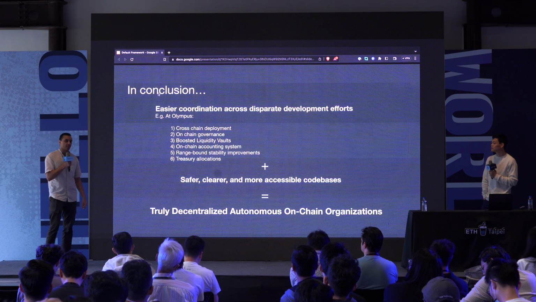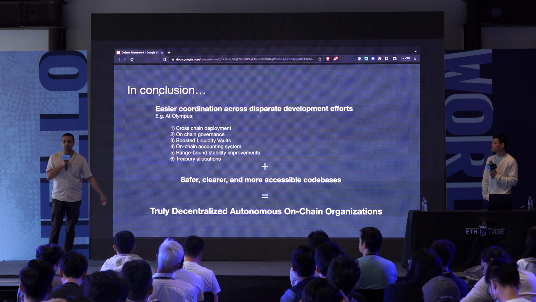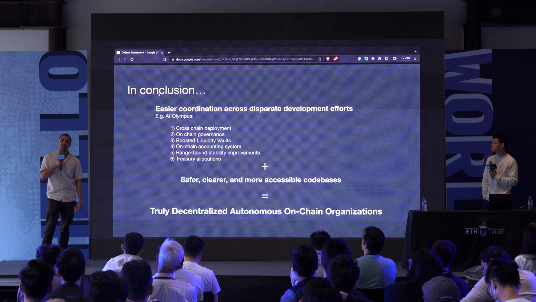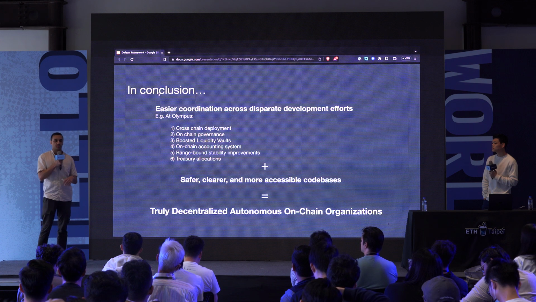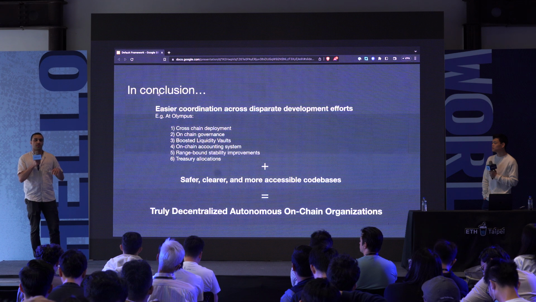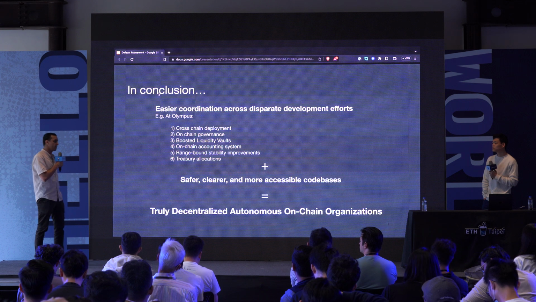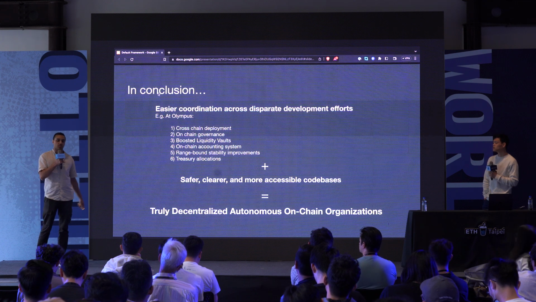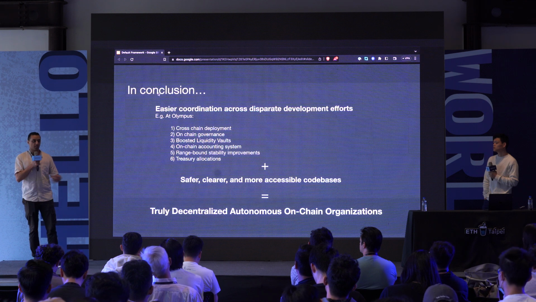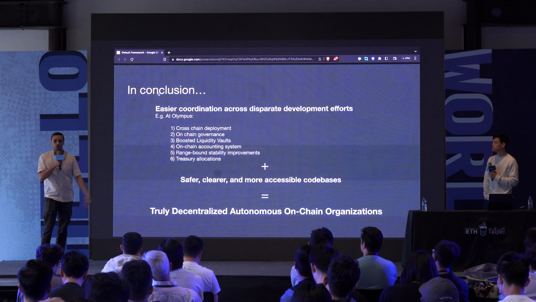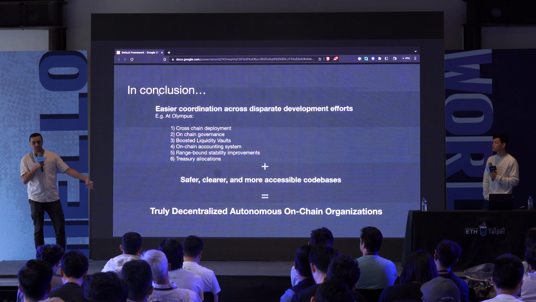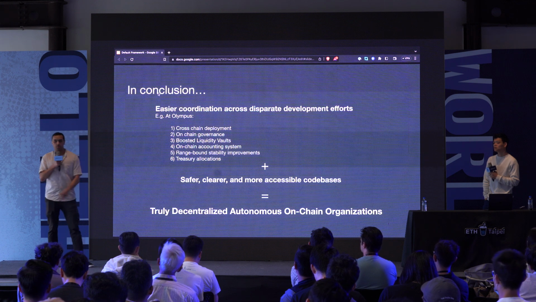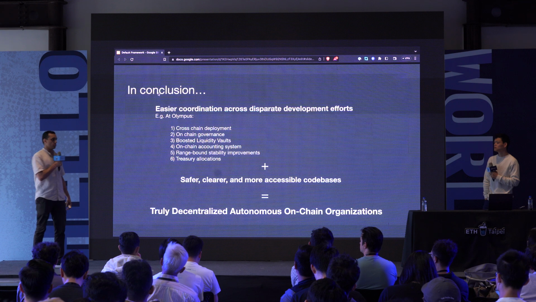But actually the biggest goal that Fully and I had, the reason we wanted to implement this architecture, was that our vision for protocols is to be truly decentralized, not to have a DAO that's a pseudo corporation managing contracts with multi-sigs and stuff. We want the whole system to be completely decentralized, where anyone can just come in, plug into the system, and all you have to do is convince voters. You don't have to convince the BD team or the partnerships team and then tell the devs to integrate your contracts. No, we want you to be able to write a contract and propose it as a proposal,